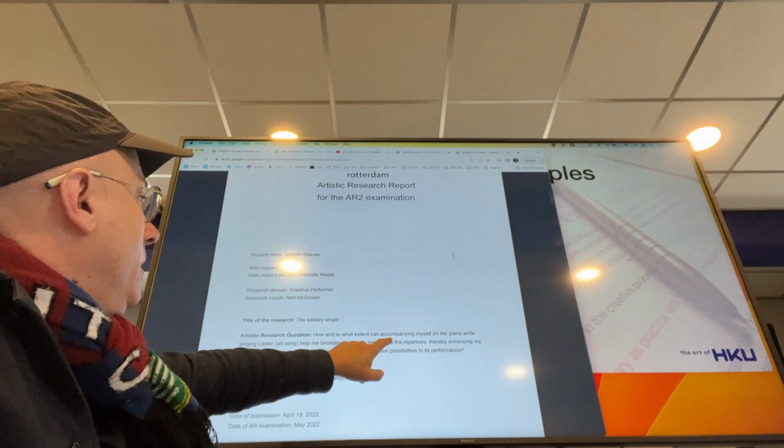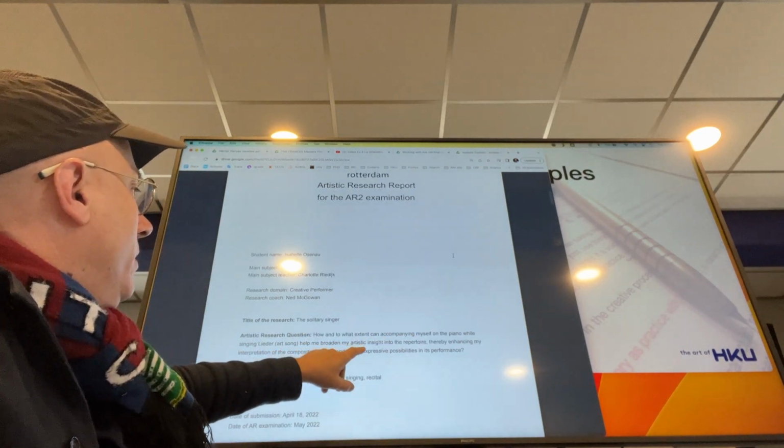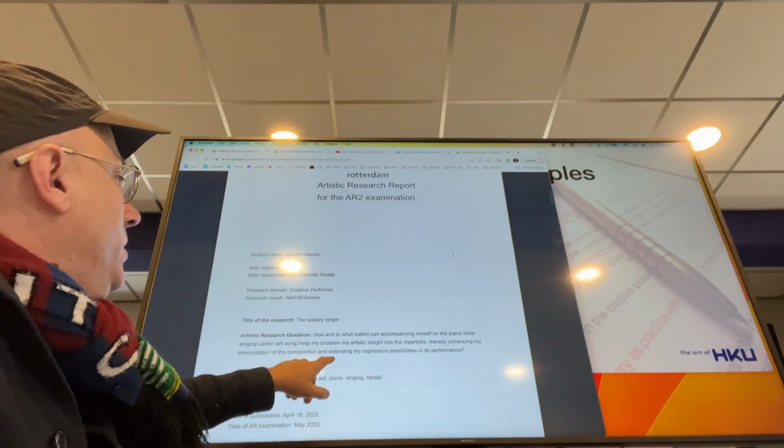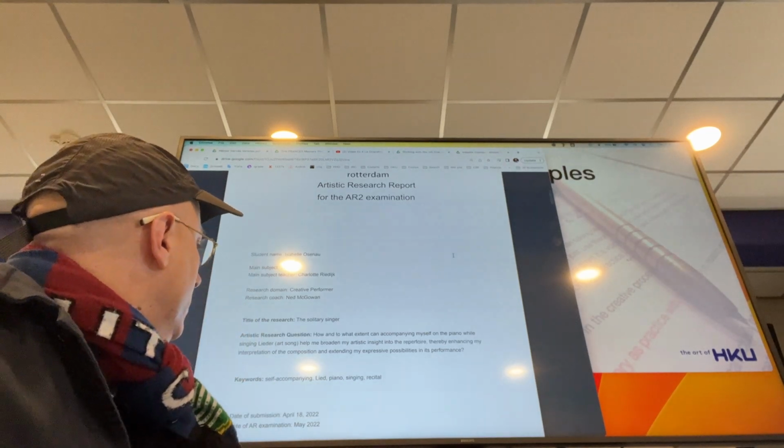How and to what extent can accompanying myself on the piano while singing Lieder help me to broaden my artistic insight into the repertoire, thereby enhancing my interpretation of the composition and extending my expressive possibilities in its performance? So